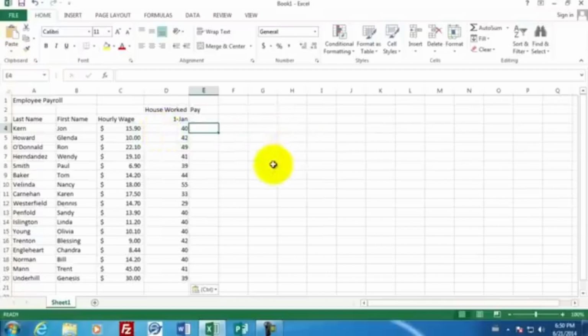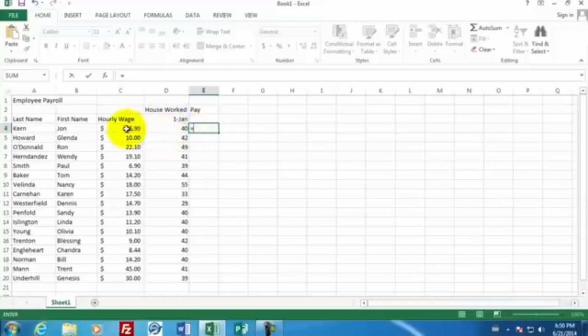On my keyboard, I'm going to press the equal sign. And you notice up here in this area called the formula bar, we have an equal sign as well as the equal sign in the cell. Now I'm going to click on the cell that has the wage in it, $15.90. When I click there, C4 is entered into the formula bar. C4 is the wage,